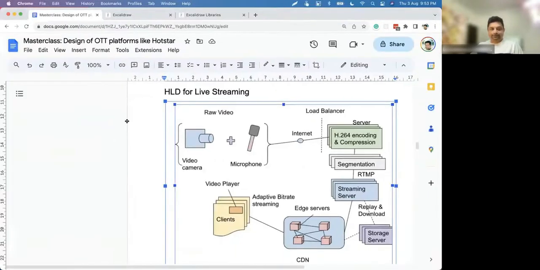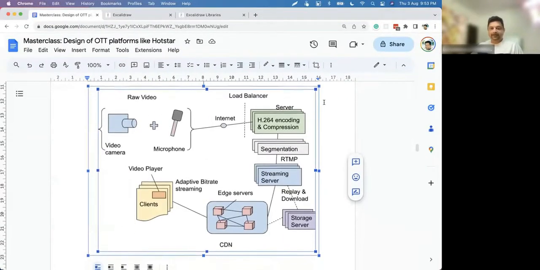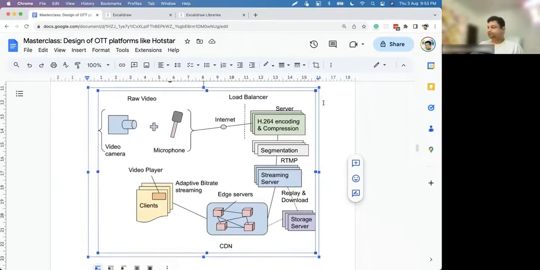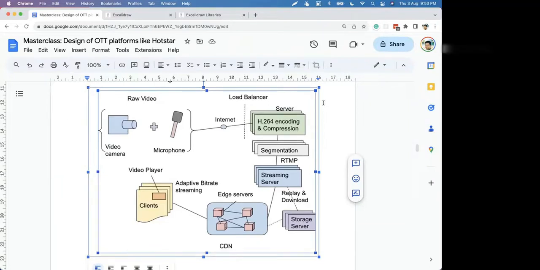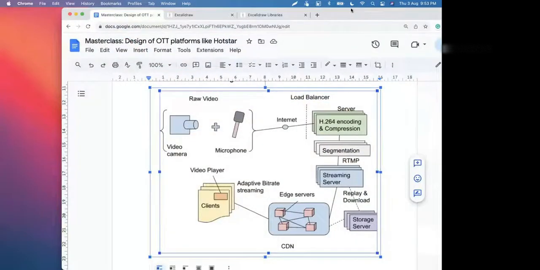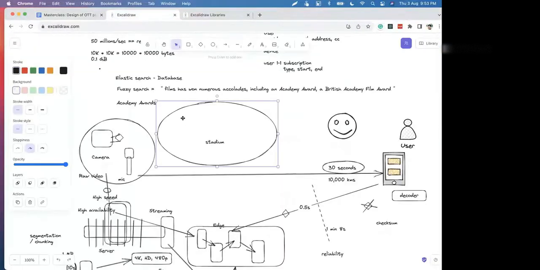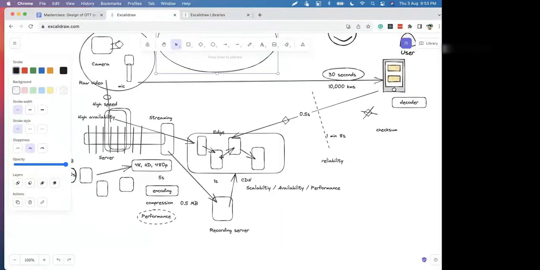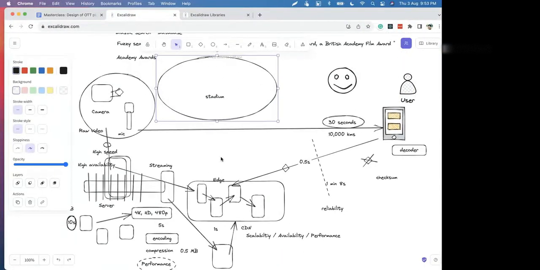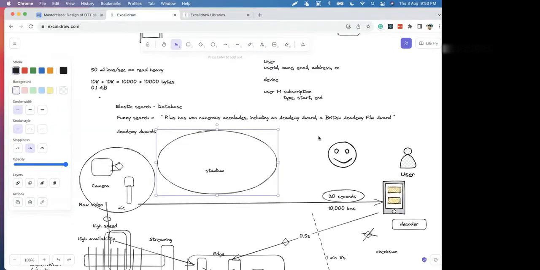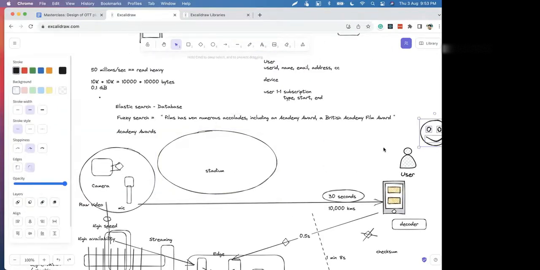So yes, this is the entire architecture depicted here in a better, more visually appealing manner. Let me place this.